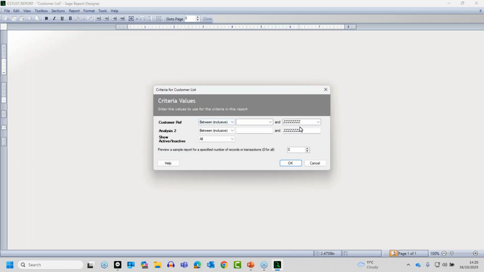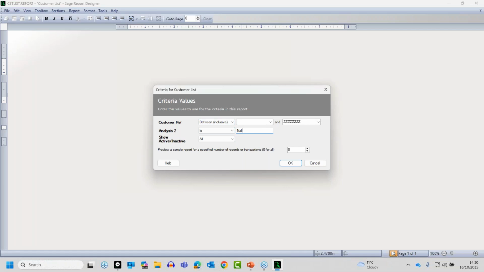And you'll see we get the customer range, and we also get the analysis to field now. Now I'm going to change this one when I run this report. I'm going to say is, and because I've chosen is, it's now just defaulted to one field rather than the first option or the all option. So I'm going to say is, and I'm going to type Malcolm,